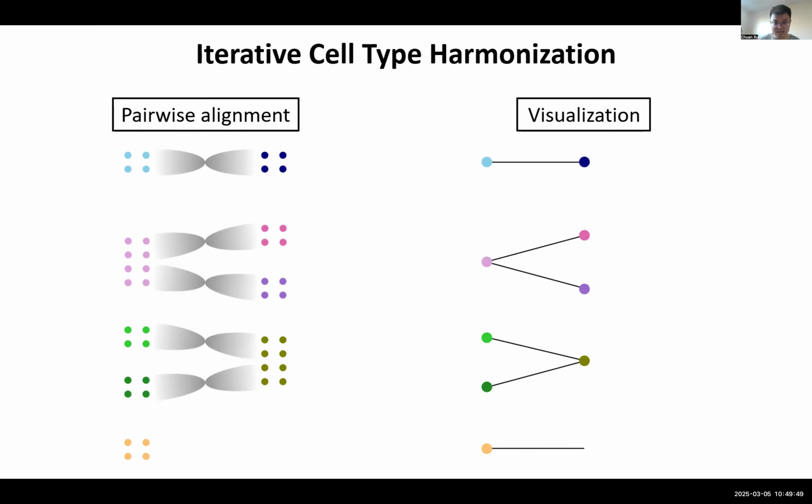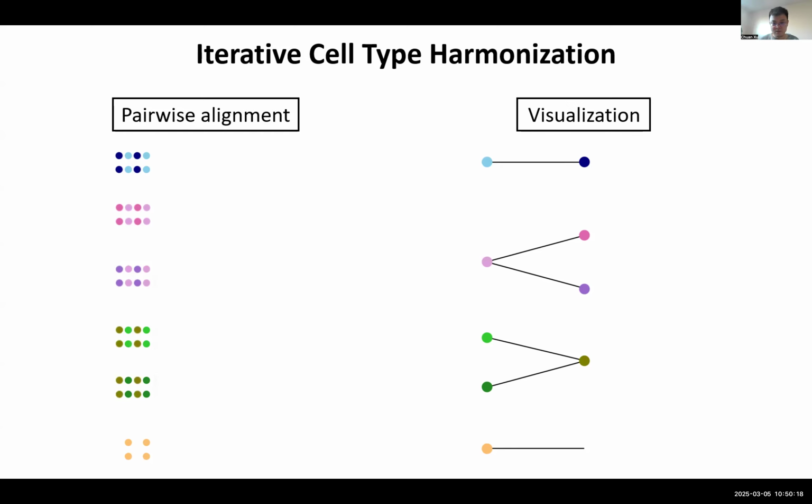And the next is the key step of merging cell types. Specifically, we can put together cells of 1-to-1 alignment and split cells in the first dataset into different subtypes based on the 1-to-multiple alignment, and also repeat this process for multiple-to-1 alignment. And after this pairwise alignment, we obtained 6 new cell types from a single merged dataset.